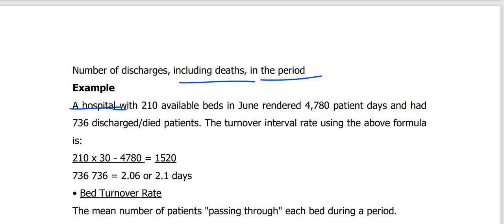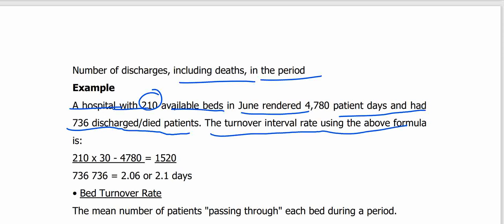So, for example, a hospital with 210 available beds in June rendered 4,780 patient days and had 736 discharged or died patients. The turnover interval rate using the above formula: we take the available beds, 210, multiply by the total number of days in that month of June, which is 30, and then minus the patient days, which is 4,780, divide by